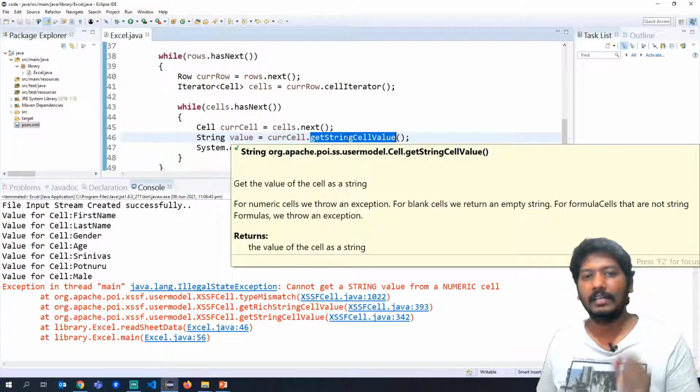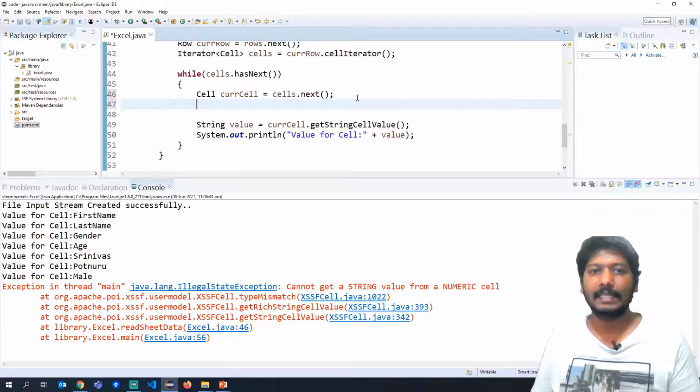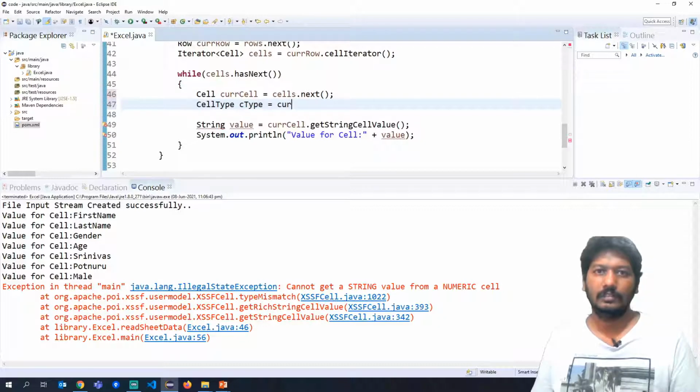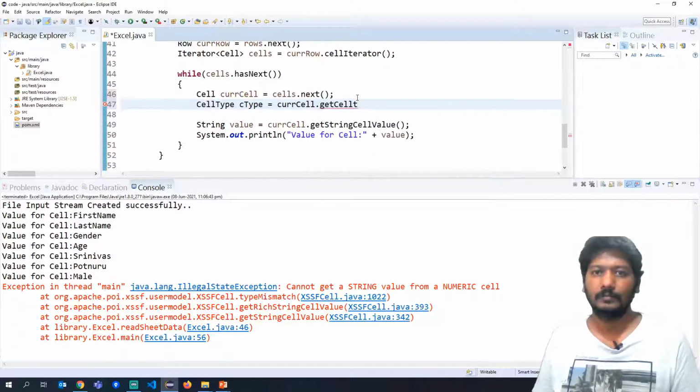So in order to handle this case, we have to write a small condition. To write that condition, we need to first find out what the cell type is. For example, CellType cType is equal to currentCell.getCellType.